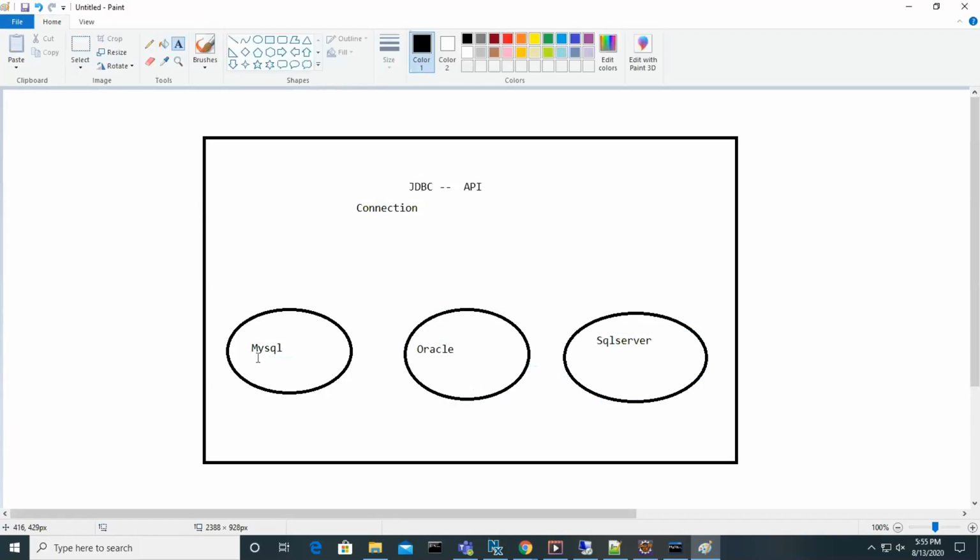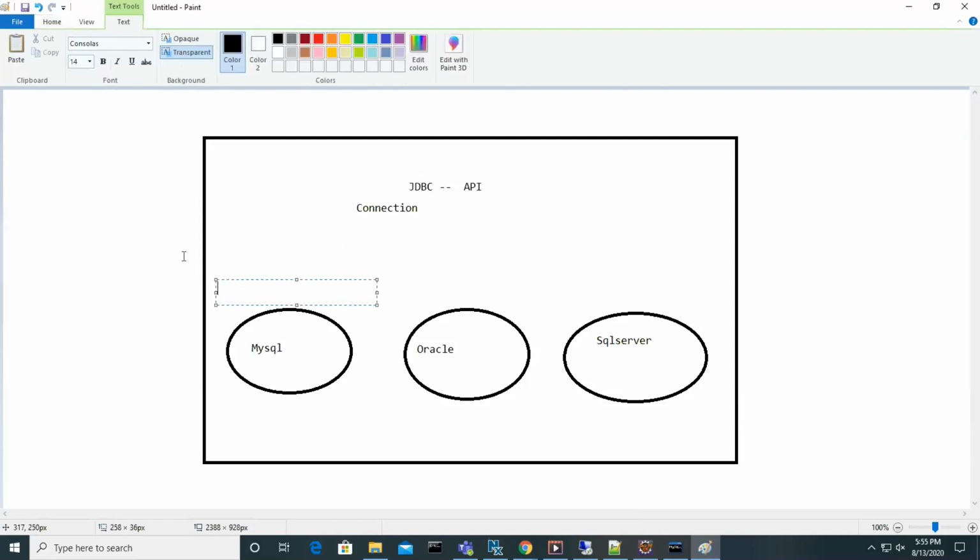Whoever is implementing, each and every database vendor has to implement this Connection interface. That means the JDBC API implementation from their side.